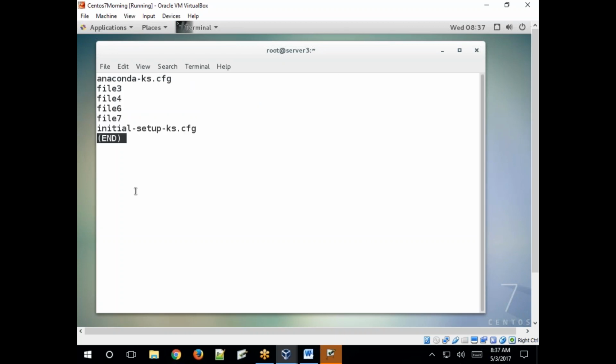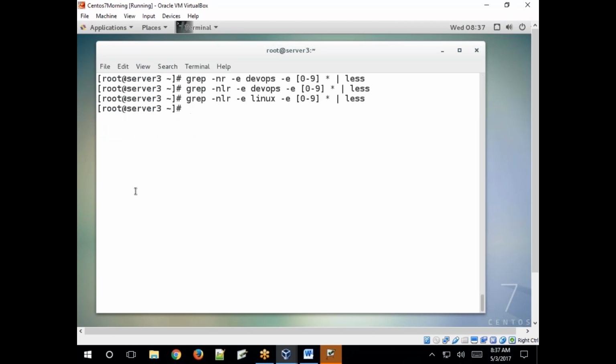Clear? So if you specify any other name, Linux, then it returns 6 and 7 also now, because the Linux pattern is there inside the 6 and 7 files. Clear? Got it? Like this. So how to search for multiple patterns in a single file or all the files? Just use the options. Here N prints the line number. L means prints the file names only. R means search recursively in all the files.